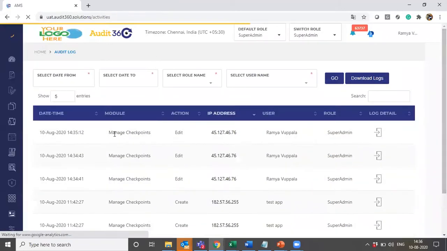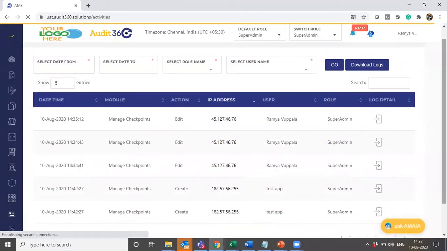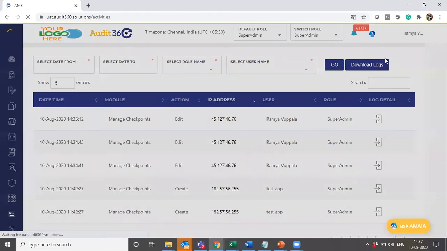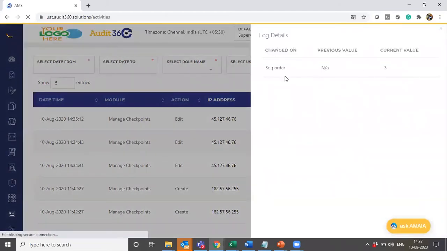If you see the screen, at the module level and the feature level, the activities are set in such a way that the key activities are compressed and shown as one activity. If a user wants to know what activities were done inside that, and what changes were made, they can click on the log details, and the log details will mention the changes made.